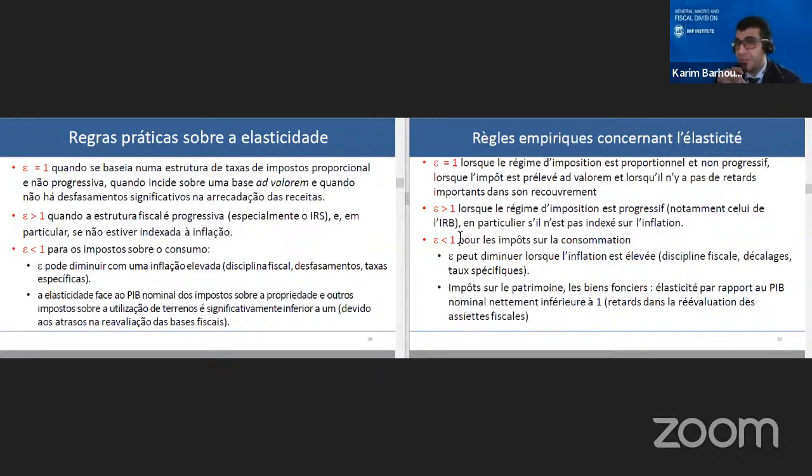tax rate. And this occurs when the tax rate is proportional rather than progressive. This is when the tax is levied on an ad valorem basis, and when there is no significant lag in the collection. That means that your tax administration is working properly and running properly to collect taxes. The other case is that,